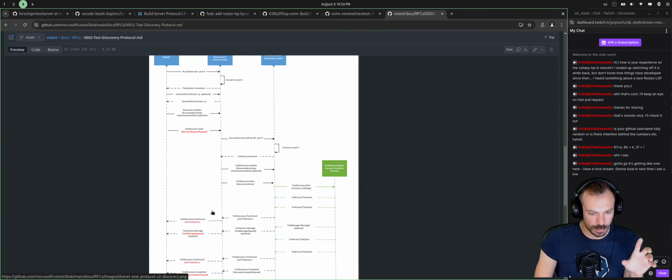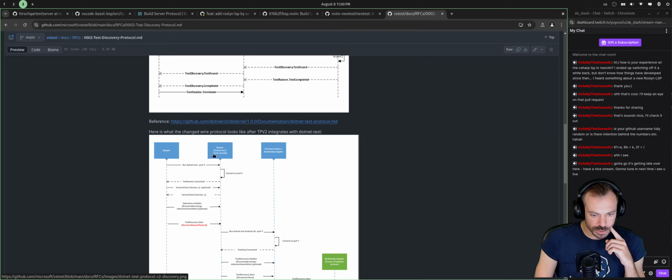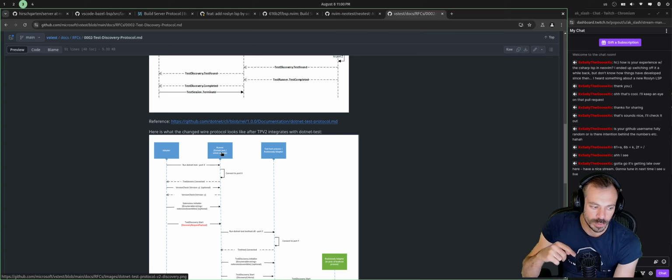I'm not sure how it works in all the details, but you have this abstraction where you have something you can ask for different kinds of test-related things, like give me all the test cases, the test discovery,